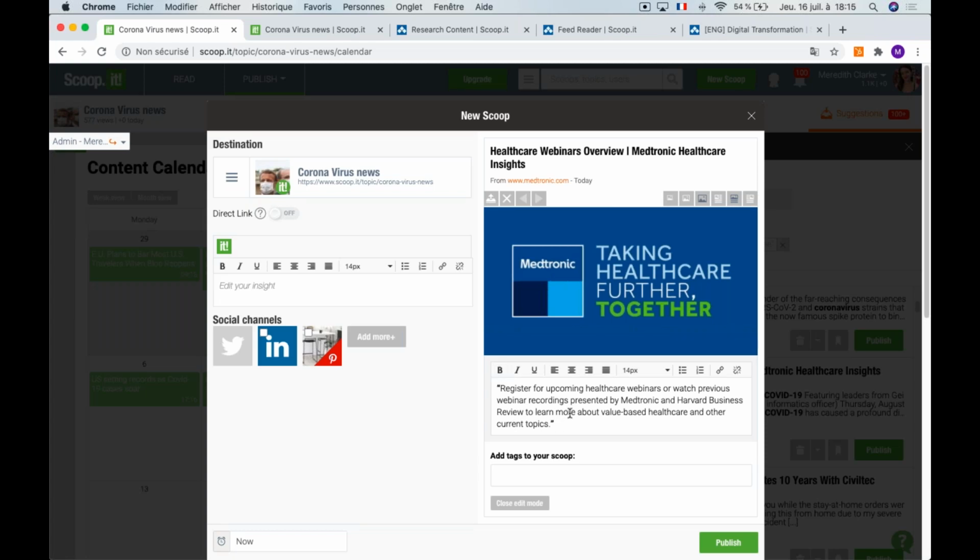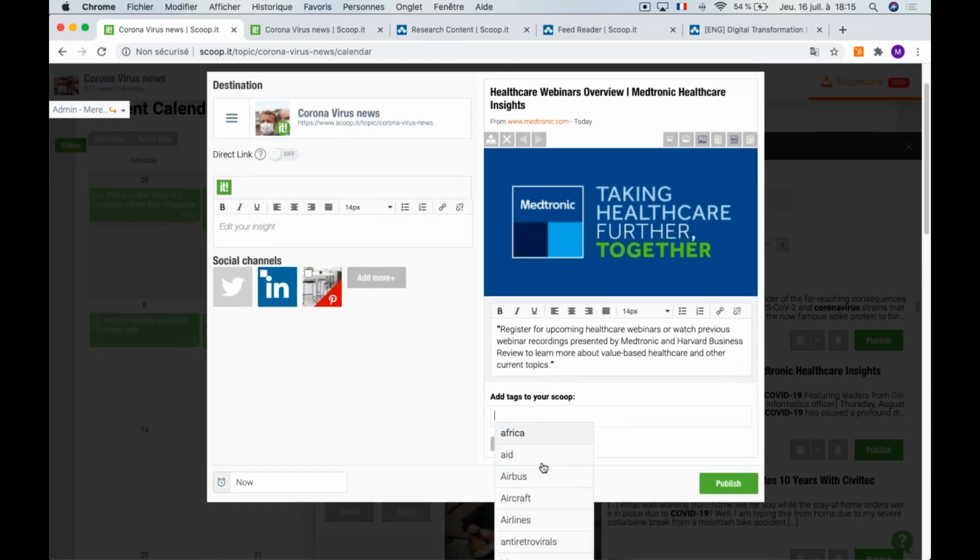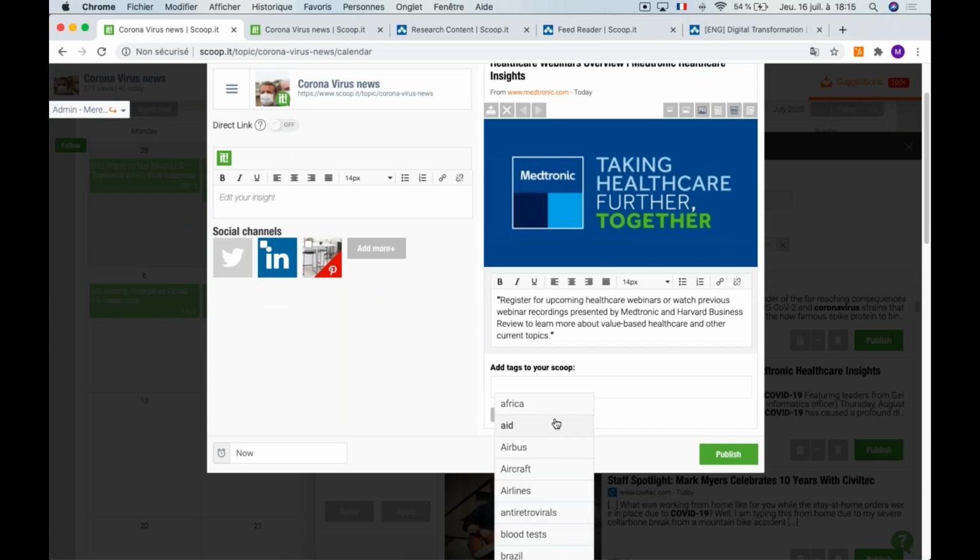You can also put some words in bold if you'd like to emphasize certain aspects of the quote. This is also where you're going to be able to add the tags. So here you can see the list of tags that have already been used. This is to help you select where to categorize your article and also avoid having keywords created twice with perhaps just a plural or singular.